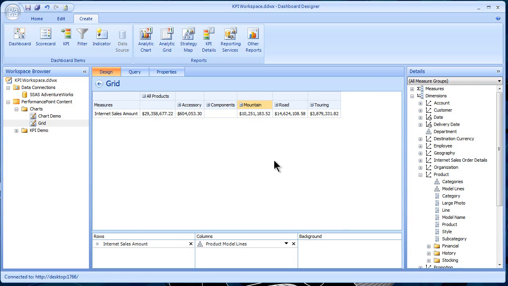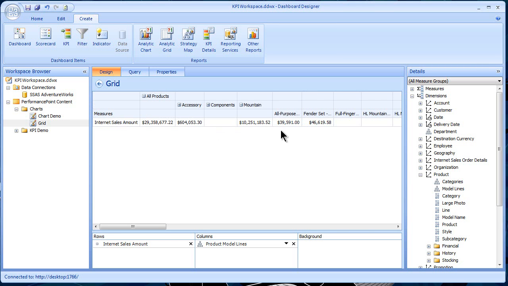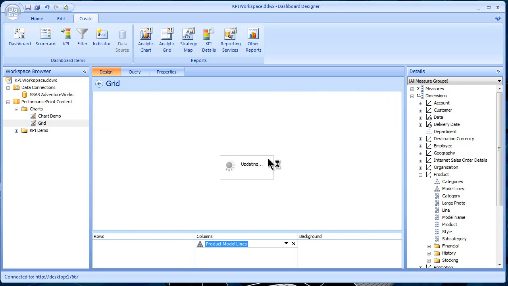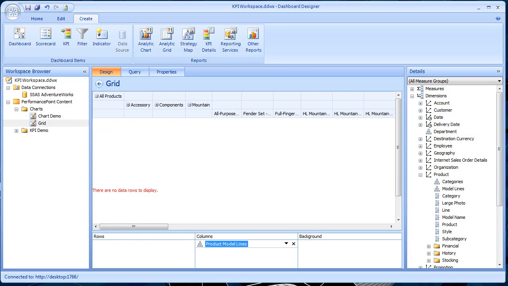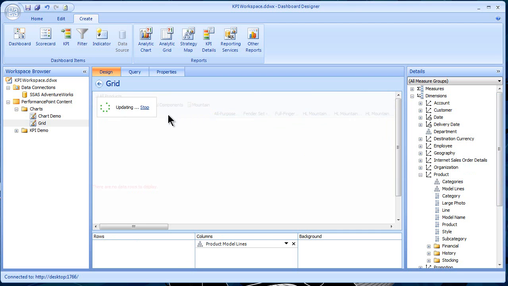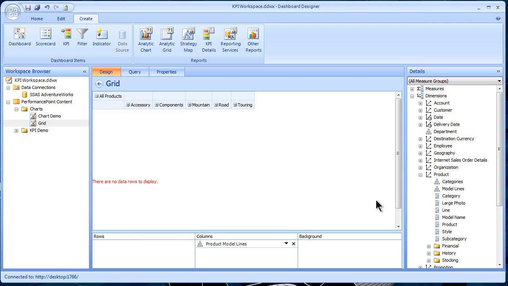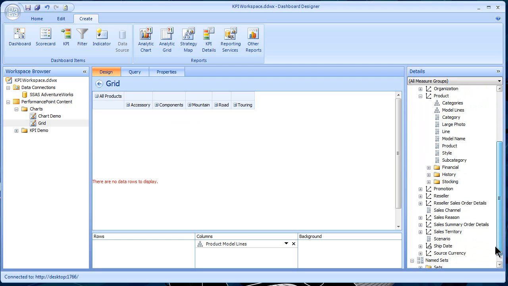I can drill down into the different products and expand that on out. Let's get rid of this. Come back over. You'll notice as I come back up in here, I just have empty as I move it on through, but because I still have the members of the dimension,